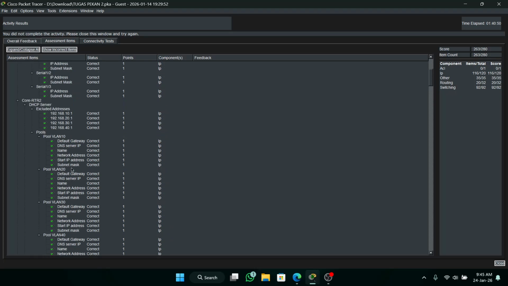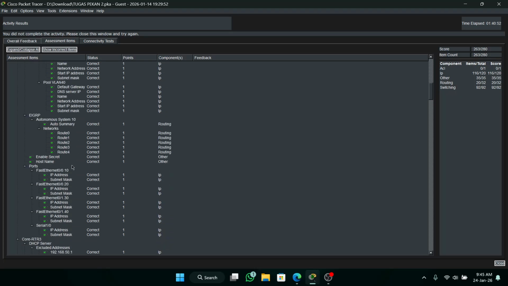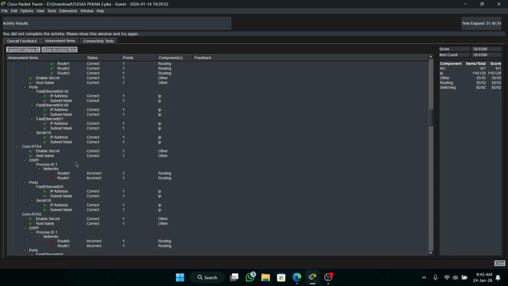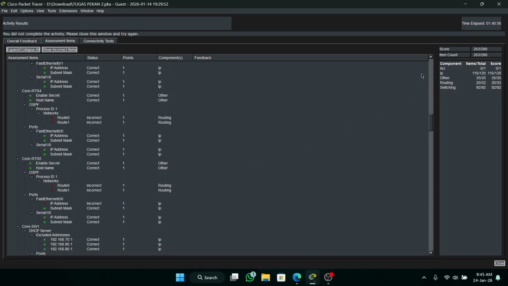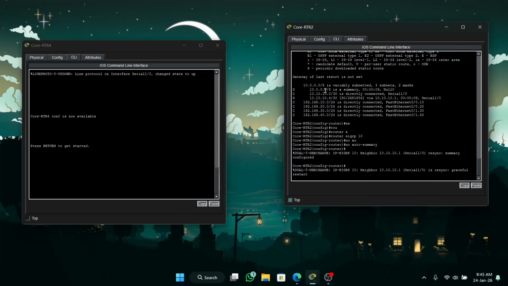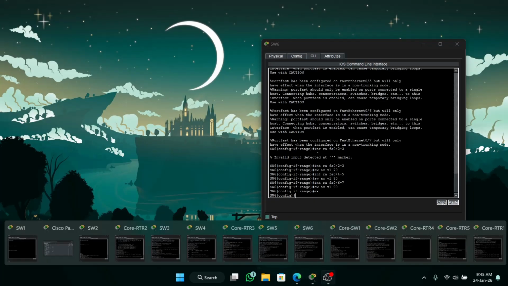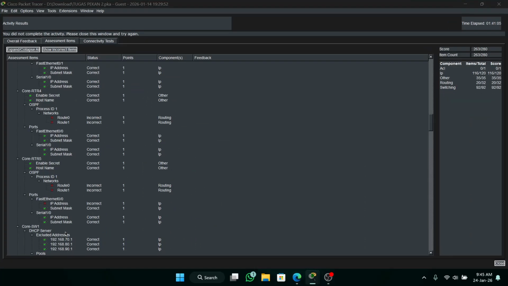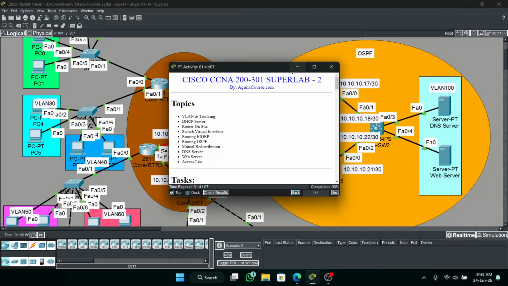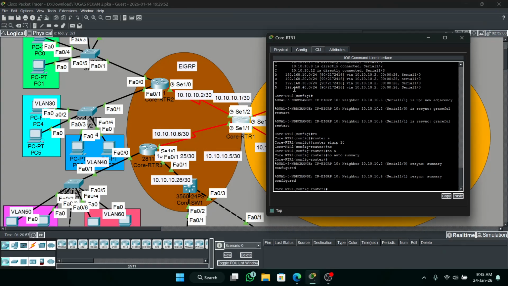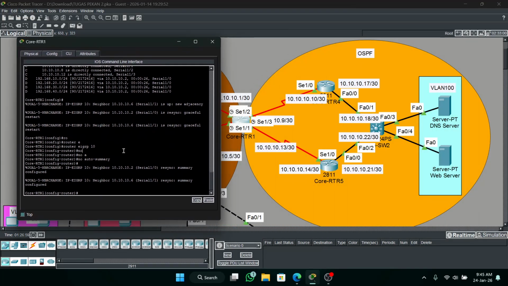Okay, yes, router 4 and 5, OSPF. Okay, we'll configure OSPF. Go to router 1 first.